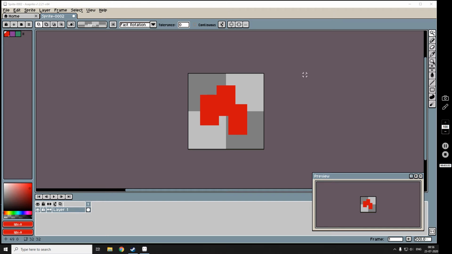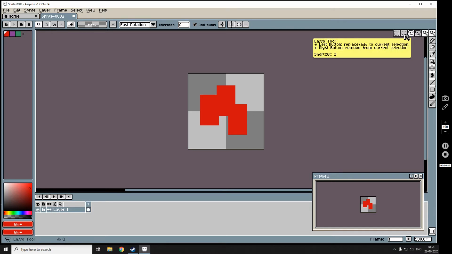The most important ones for the magic wand tool are the tolerance, which is right here, and the contiguous option. You should keep your tolerance at 0, because if we increase it, it will catch other colors aside from the one that you have chosen. Let me show you how the contiguous works.